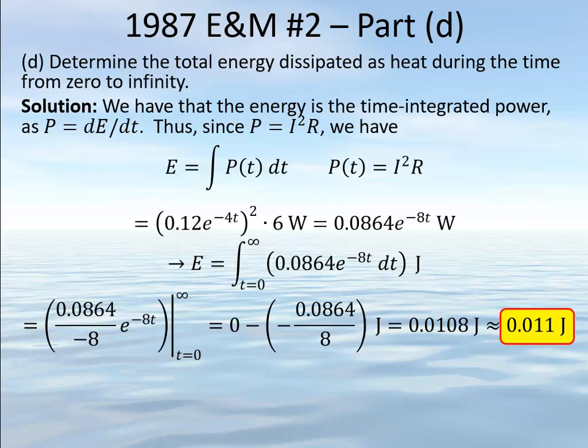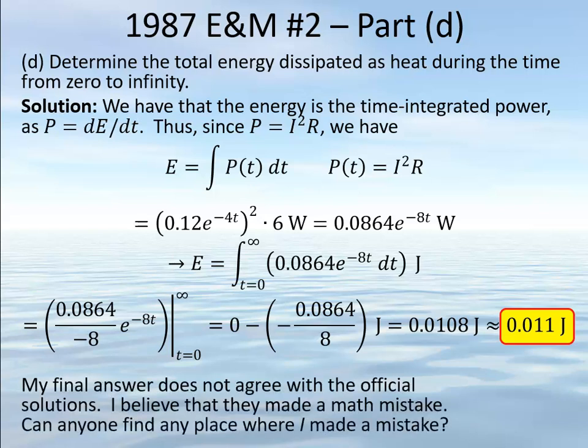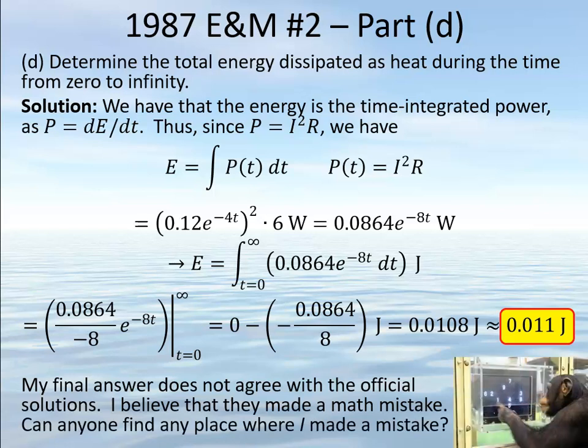Now, interestingly, I got a different result than what is in the official solutions. So one of us plugged something in wrong. I believe it was they who plugged in something wrong, because their answer was 0.108 joules, and in this part right here they had 0.864, but I think there needs to be an extra zero here, because 0.12 squared is 0.0144, and I think they might have forgotten that zero in front, and that would account for the other discrepancies. So if you see somewhere else where I may have made a mistake, please let me know